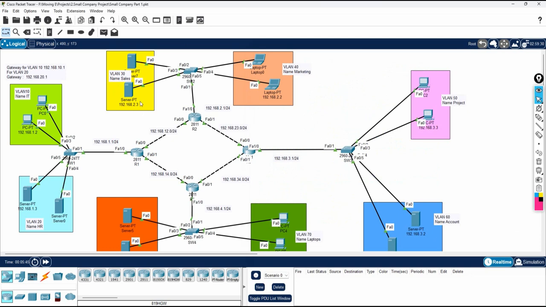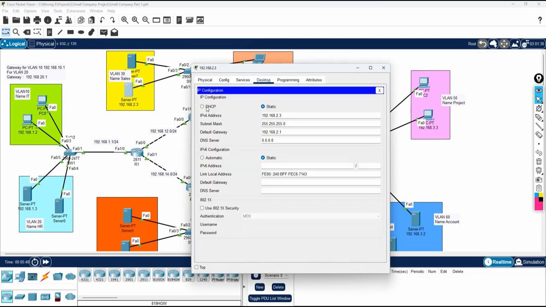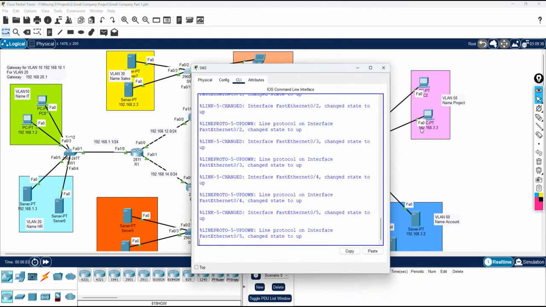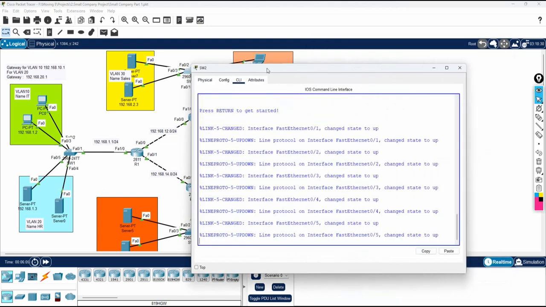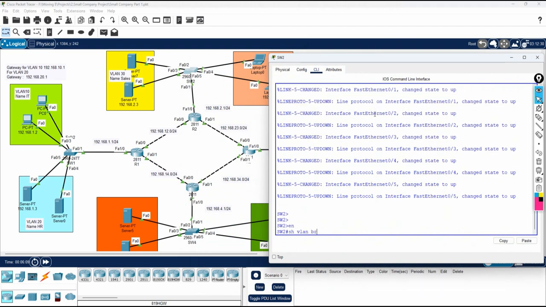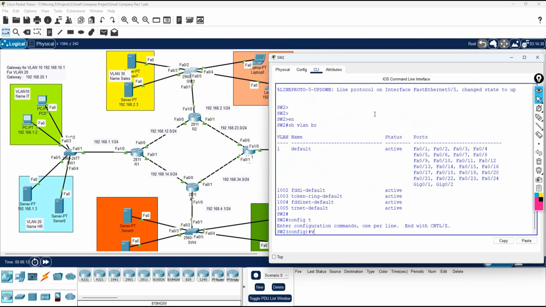Let's see if everything is okay or not. Before, we assigned the IP manually. Now you can check whether you are getting the IP or not with DHCP. We need to check. Okay, it failed, so maybe there is some issue. Did we do the configuration here? We created the VLAN and all. Let's see here. Maybe we did not create the VLAN here. Let me check. Show vlan brief. Here we did not create it. That's why. So I will write here VLAN